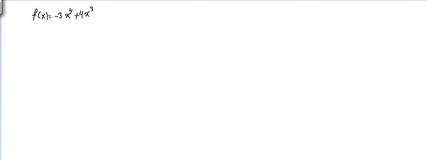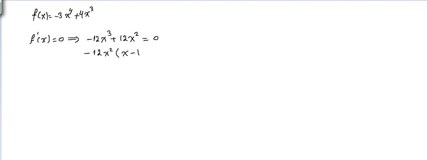Let's start. First, we find the derivative f prime of x equals 0 to find the table of variation, and in the table of variation we can see all the results, right? We take the derivative equals 0. This means that negative 12x cubed plus 12x squared equals 0. We factorize minus 12x squared times x minus 1 equals 0. Taking each factor equal to 0 gives us